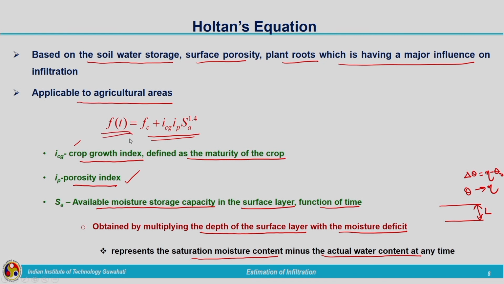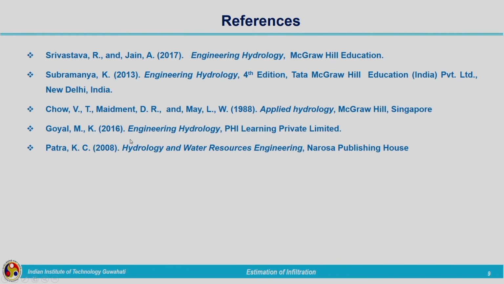So, that is all about the different empirical equations. So many empirical equations can be seen in literature, but only some of the equations I am covering here in this particular course, which are taken from the textbooks. The relevant textbooks are given over here as references. So, here we have seen different equations such as Kostiakov equation, Horton's equation and Holtan's equation. These are empirical equations. In the next class, we will move on to the theoretical equations, which are derived based on the